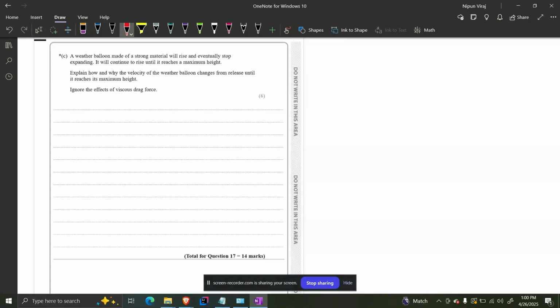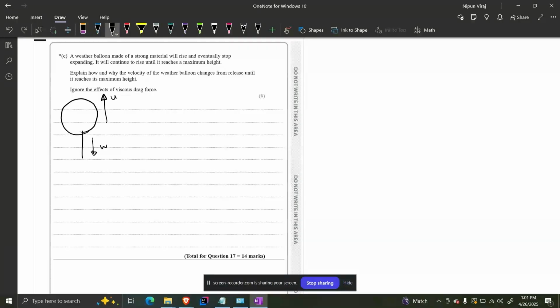Explain why the velocity of the balloon changes. That's what they are asking. So the thing is this: if you take the balloon, first of all, there is a very large amount of upthrust and there is a certain amount of weight. Therefore, since upthrust is greater than weight, it will